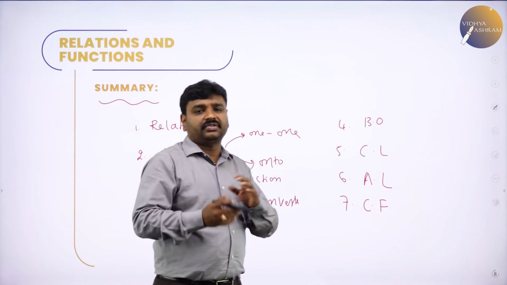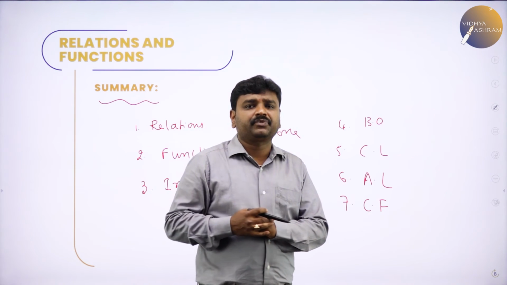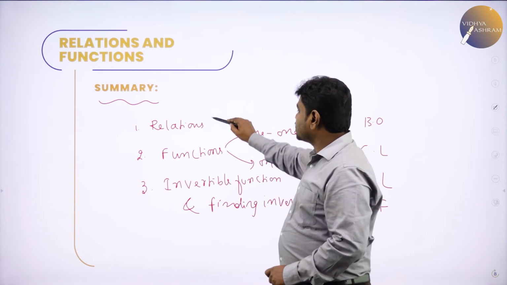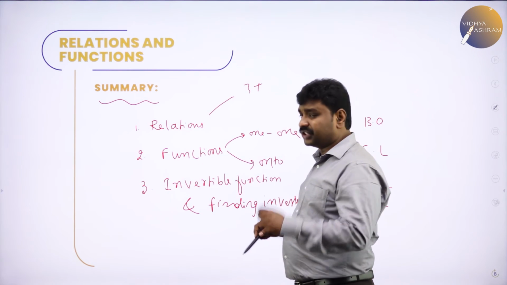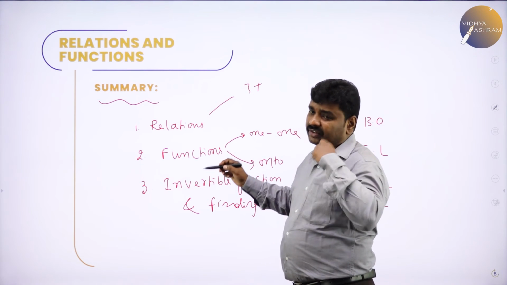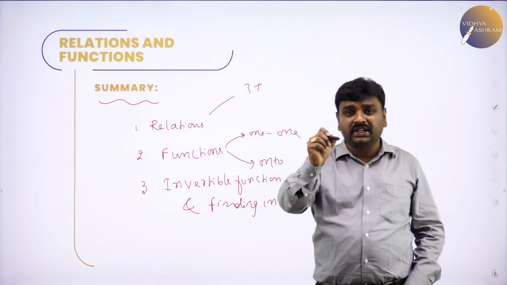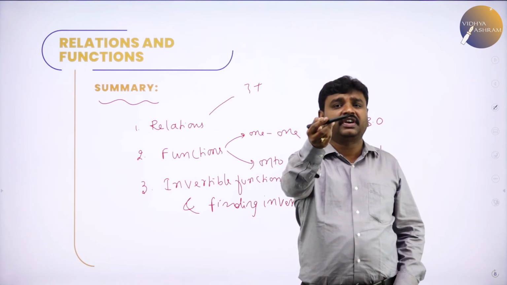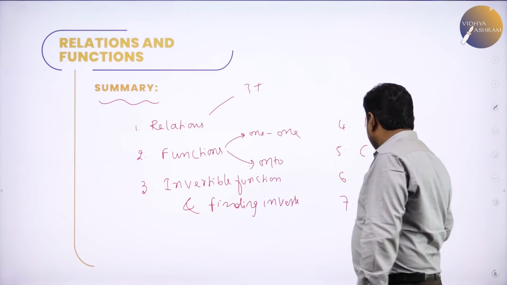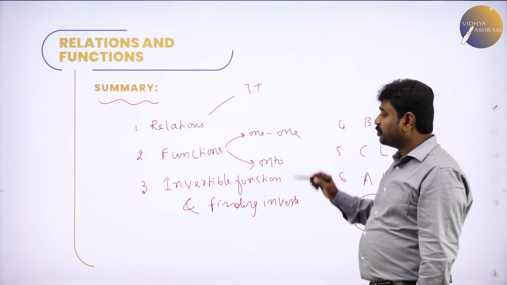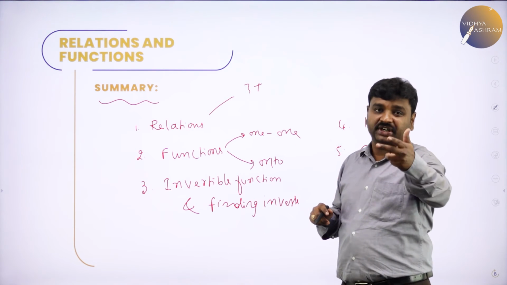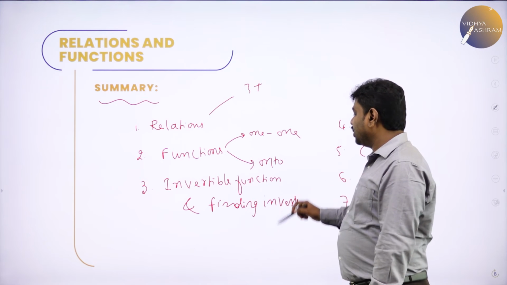So these are the topics in the chapter called relations and functions. Relations, they will give 1 3-mark relation problem generally and 1-mark examples. Functions, 5-mark question compulsory, they will ask prove that the given function is invertible and hence find inverse. You can do by 2 methods, one is composition function method, the other one is bijection method, proving bijective, that is one-one and onto. Then invertibility of a function.